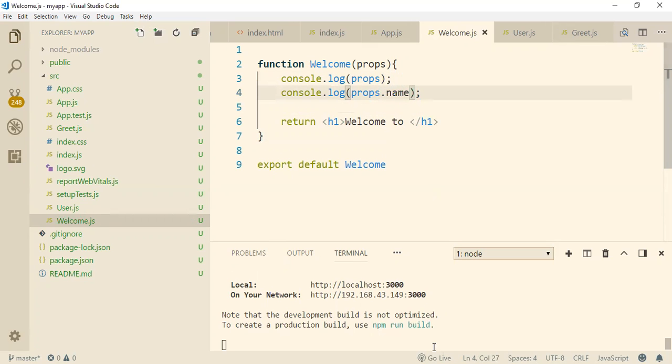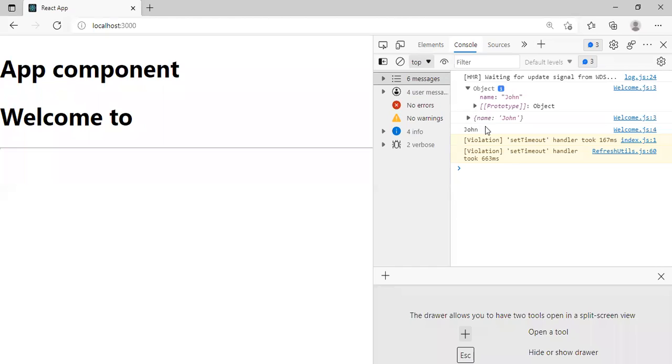Okay, again console.log, go to the browser and check here. What is the name value? John. So this is your object which contains one key-value pair: name is the key, the property, and John is the value of this property.